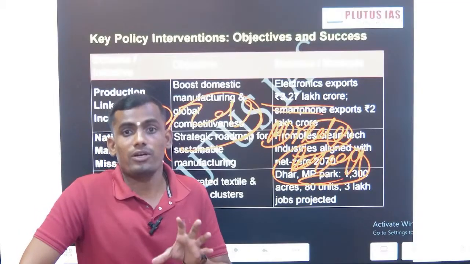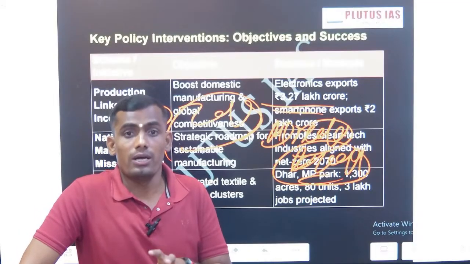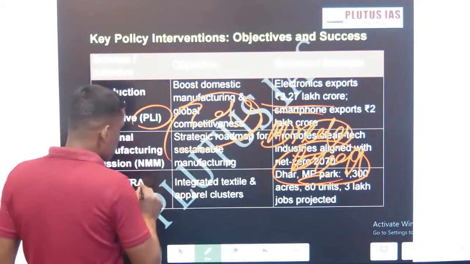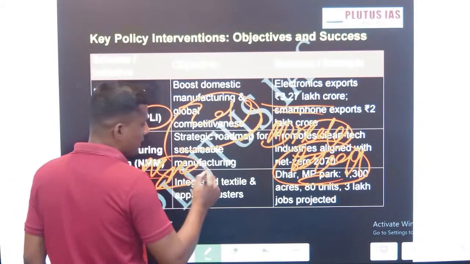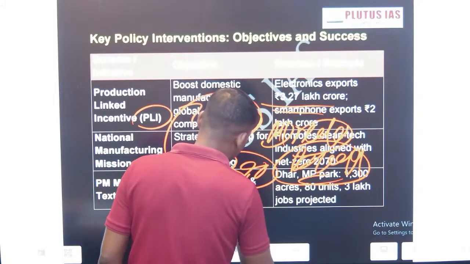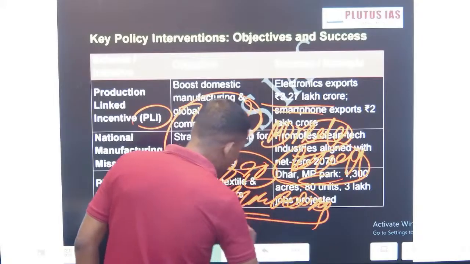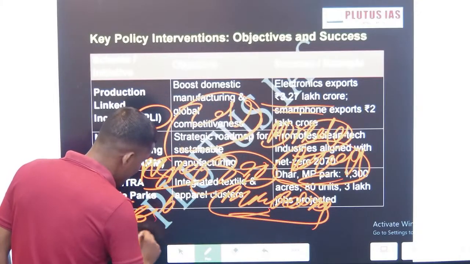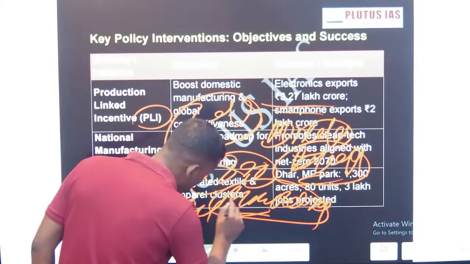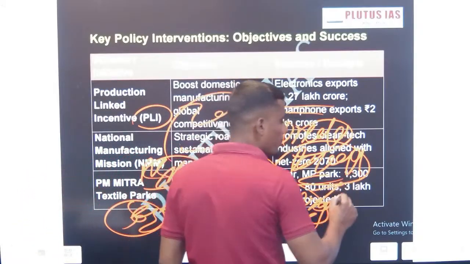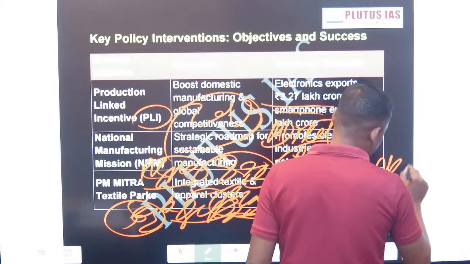The fourth one will be the policy where the Government of India has launched the Manufacturing Investment Fund. If you see, the MSME sector contributes 80% of India's overall manufacturing sector. And this SEZ supports the manufacturing sector, which means it supports MSMEs. So the Government of India is providing credit to the MSME sectors.